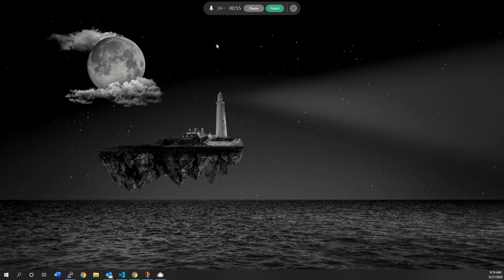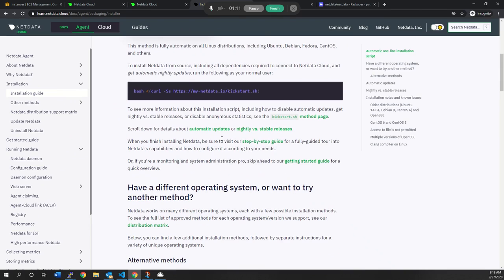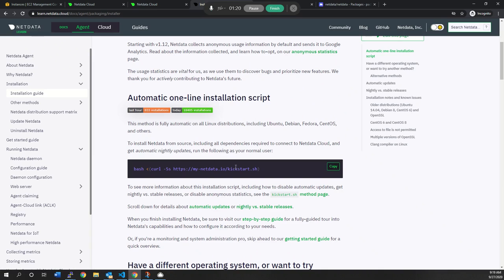Whichever server, maybe it could just be production environment, it could just be development environment, could just be some staging for testing purpose. The agent is a very good mechanism to install, and it's an easy one-step process to go through and install all the required components. So we'll be just using automatic one-liner installation script. This way, it's just going to install all the packages and its dependencies with the latest and greatest version onto your server that you wanted to monitor, and constantly updates, sends out all the metrics from your server